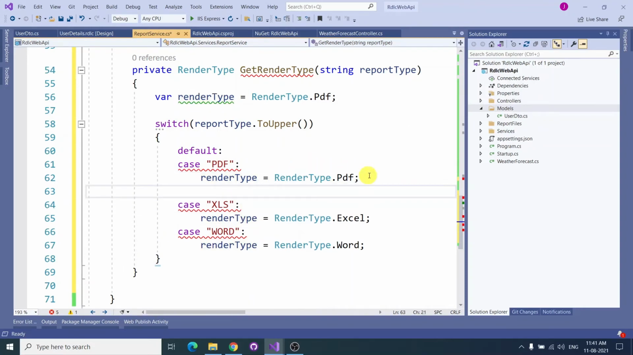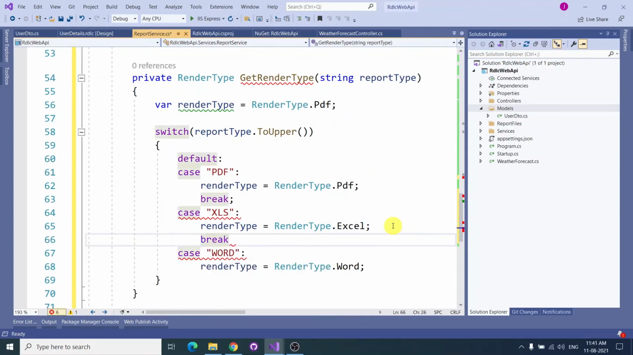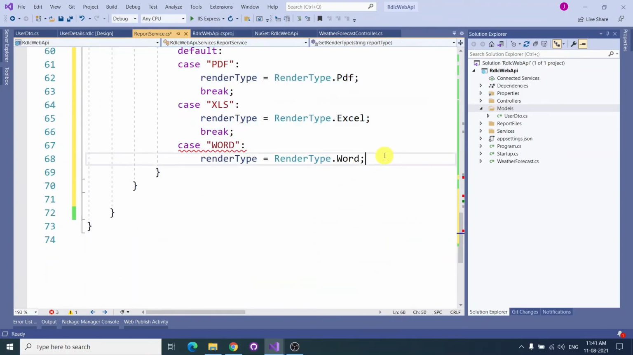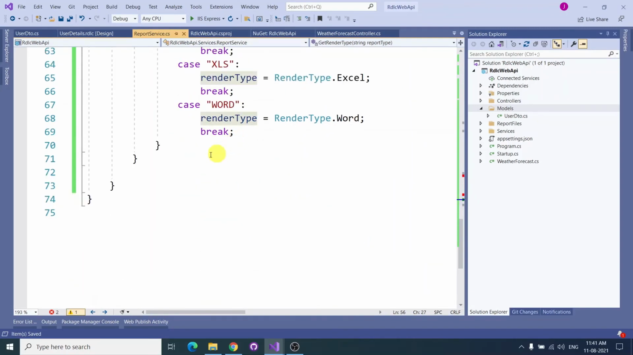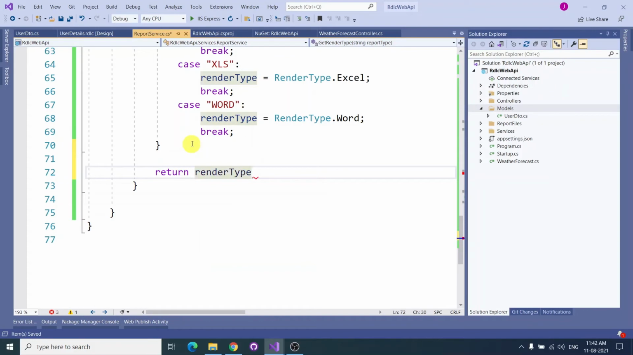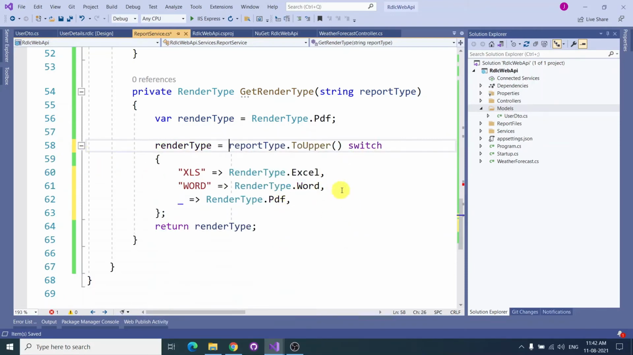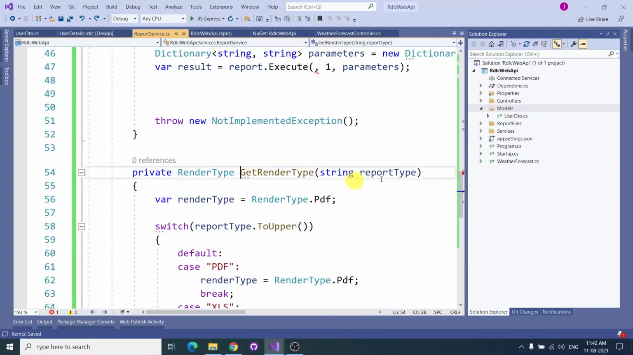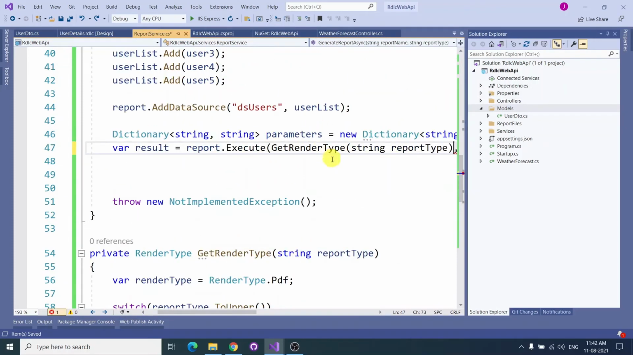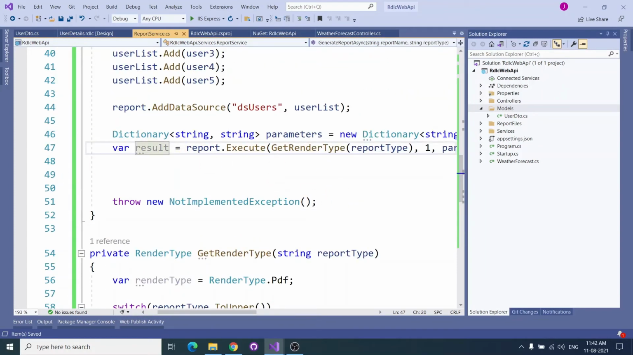So we need to have a break. Okay, these three things, and I'm going to return it. I'm just shortening it, so to identify this is better. So this I'm going to send from here. It will return us this type, and based on that it will be executed. Once we get this result,